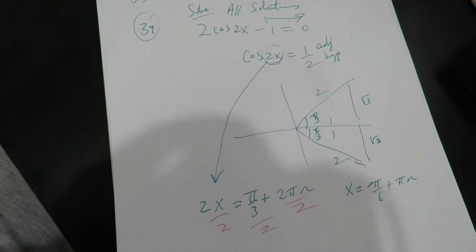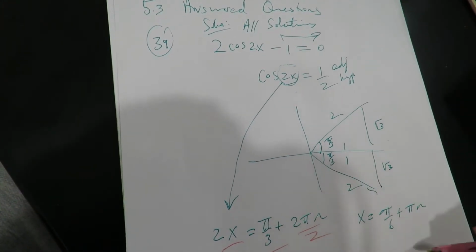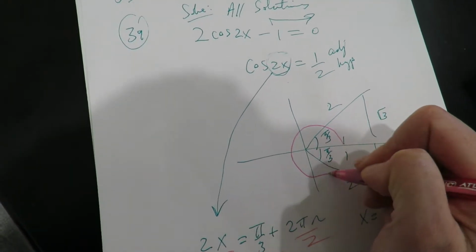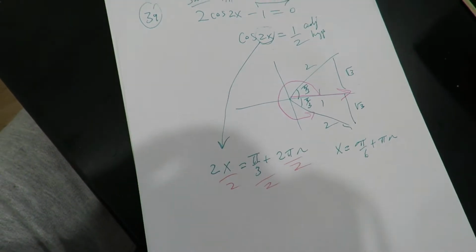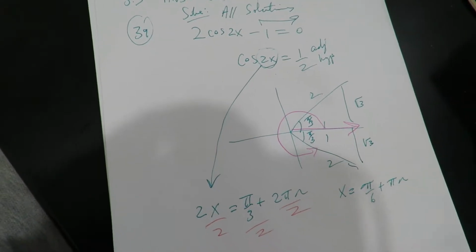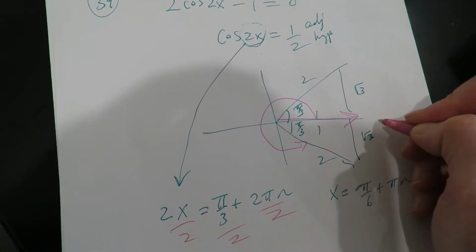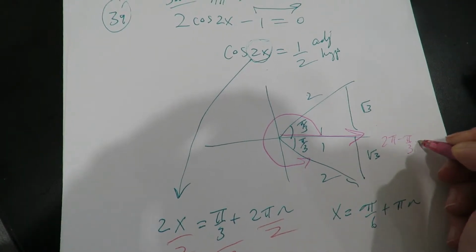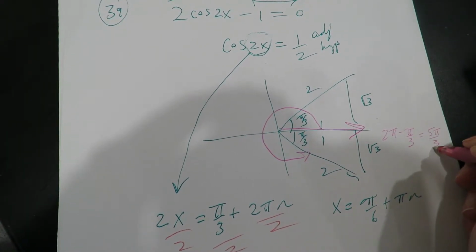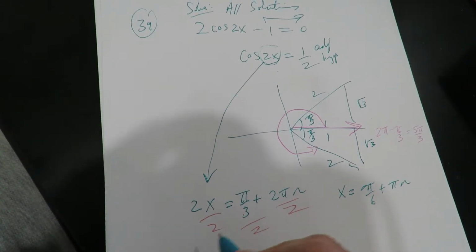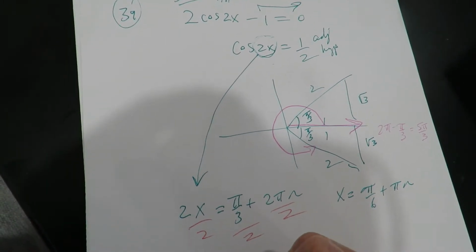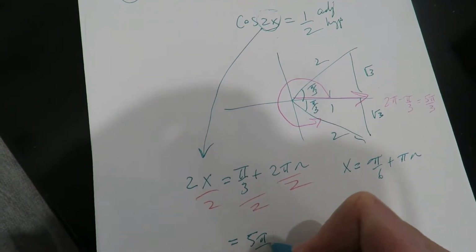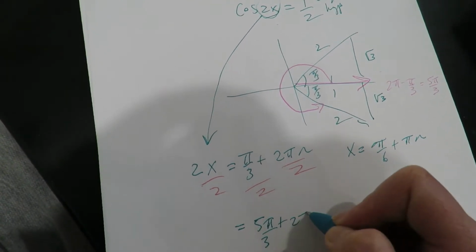Alright, now for the second part here, I first have to get this. I'm not done with this, I'm just showing you first the general angles. Now I'm going to first get this one in standard position. So this would be 2 pi minus pi over 3. Okay, that's 5 pi over 3. So the second answer would have been 5 pi over 3 plus 2 pi n if it had been